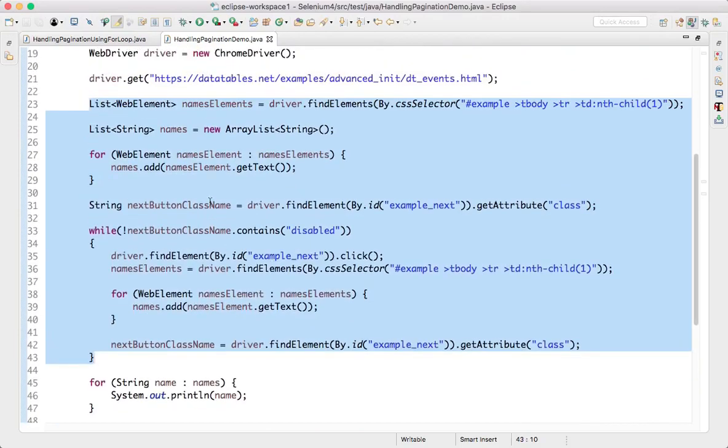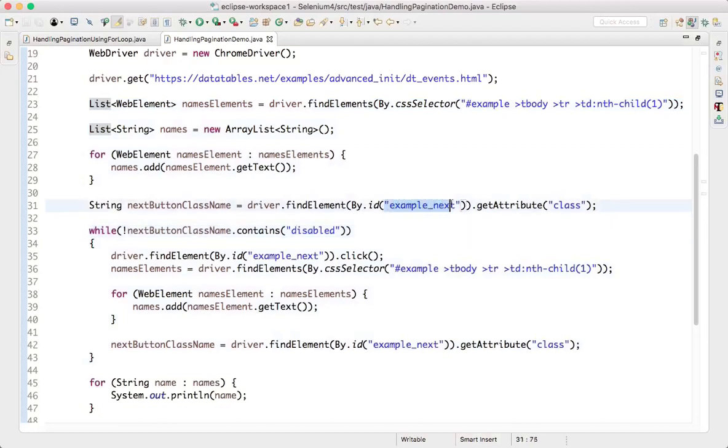Okay. This is how you can handle the pagination, and this logic is very unique. If you have n number of pages, the logic will never fail. But according to your pagination, how they built the HTML, that will change here. The IDs may change, CSS may change, the class name may change, something like that. You need to act accordingly, how your HTML is built. But according to this page, this is the logic.